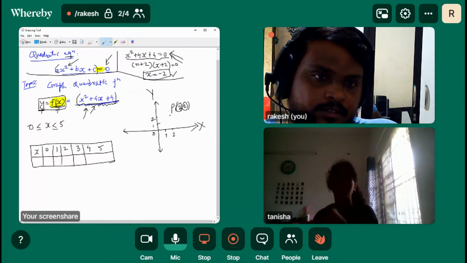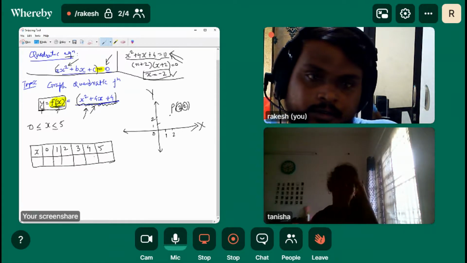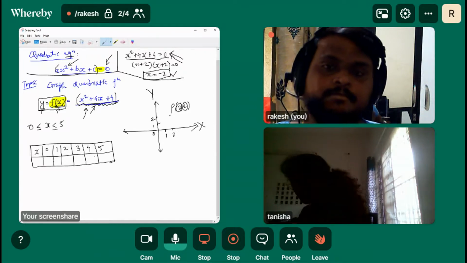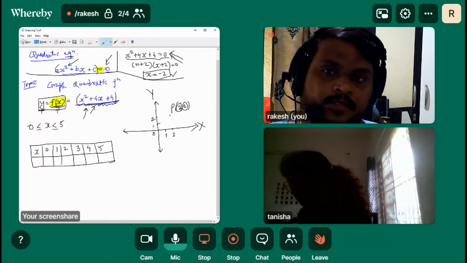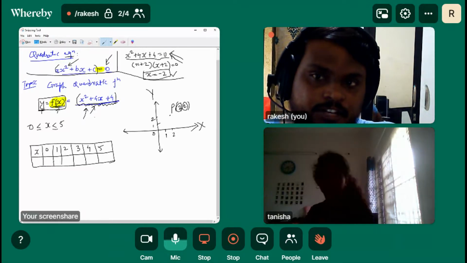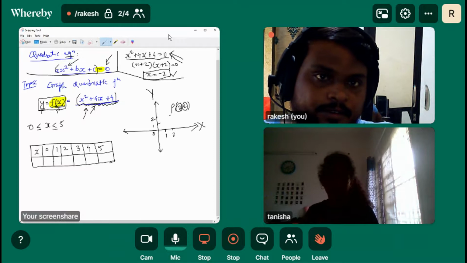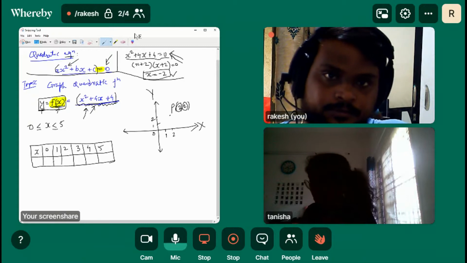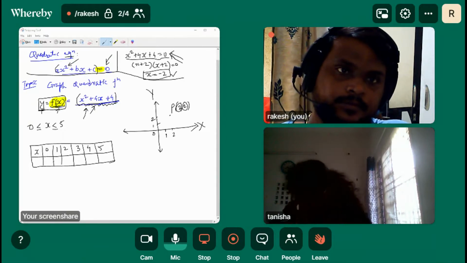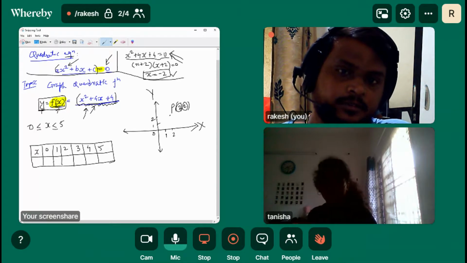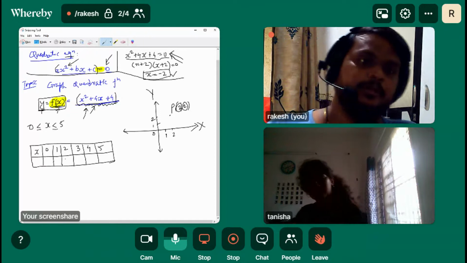So you already taught me this. I wanted the how to... Wait, one second, I'll tell you. It's called graphs of quadratic function. Yeah, this is the same thing, graph of quadratic function. No, in my textbook it is different. What's there? Finding the x and y intercepts and the minimum point. Yeah, the same thing we will be doing here.